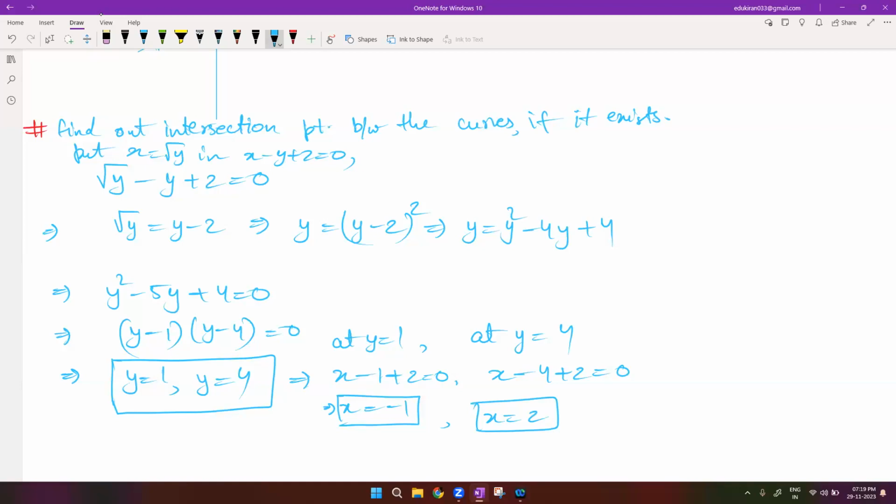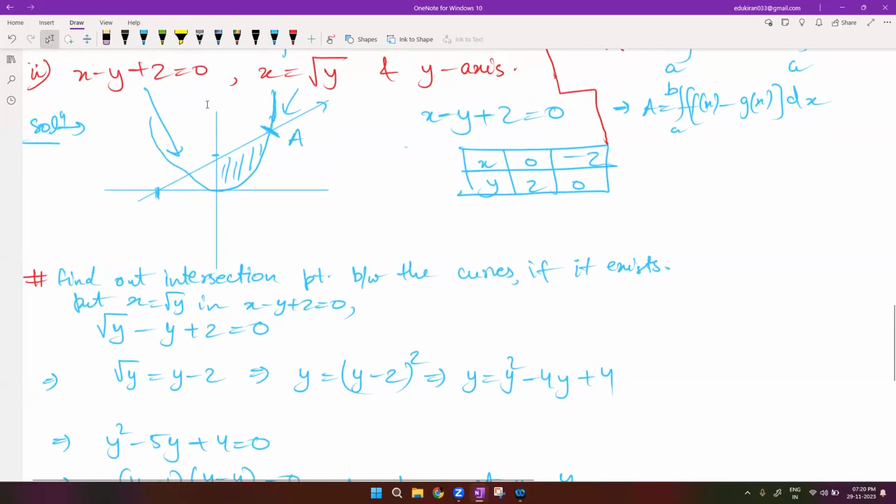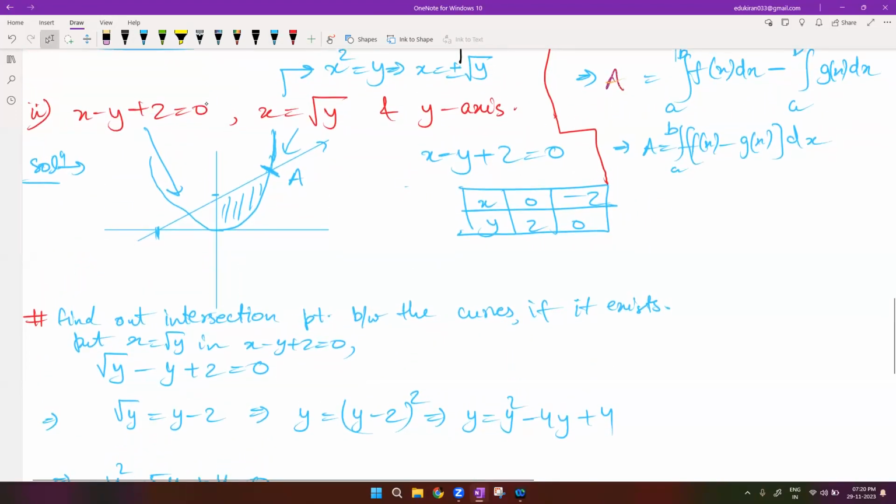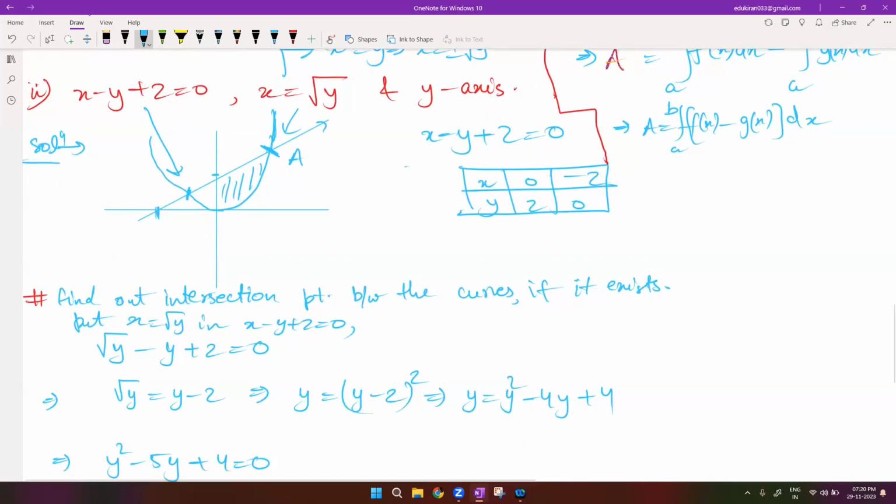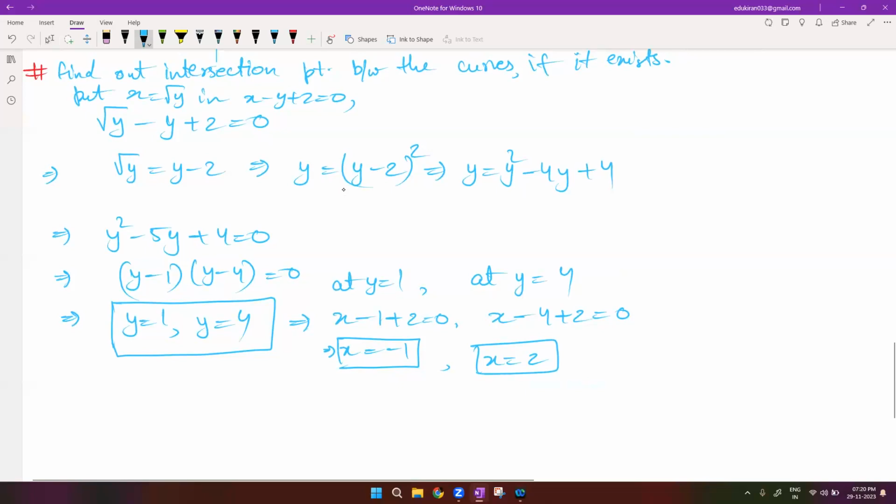Now, why did it give us x is equal to 1 before? Because we put this in the equation x is equal to root y. Now, x is equal to root y only shows one part of the curve. But x square is equal to y is a complete curve, right? So another point of intersection is actually this. But because this is not given to us, that is why we will not take this intersection point. This was just to illustrate that another intersection point will be this if the curve was whole. But because we only have x is equal to root y, we can simply say that there are